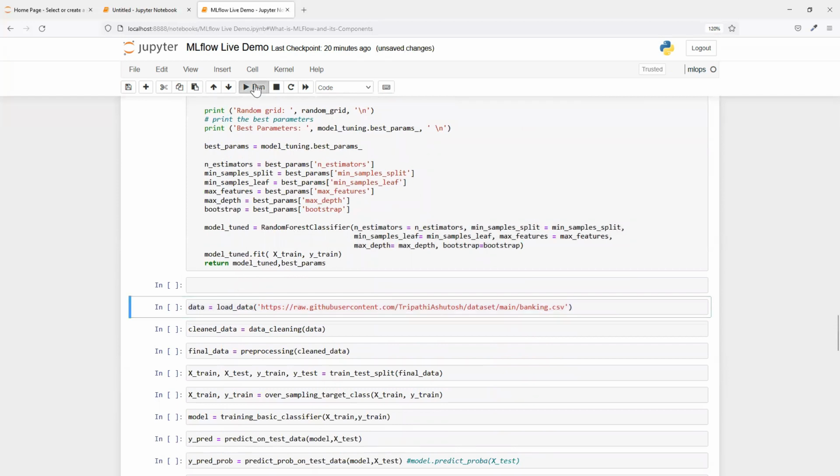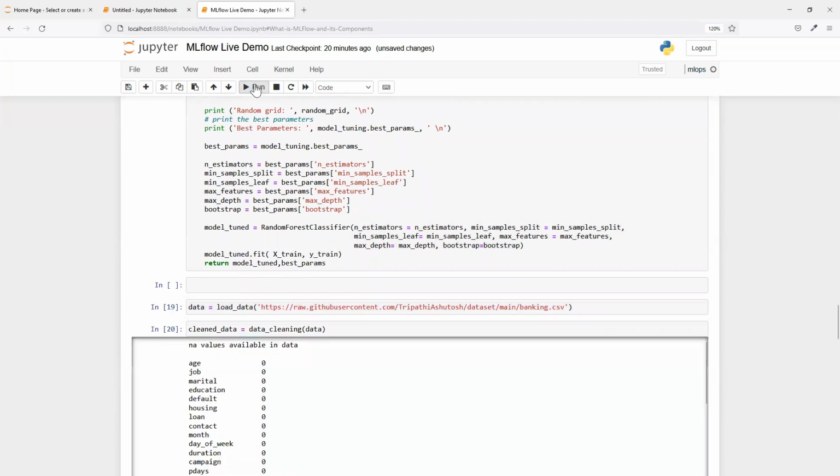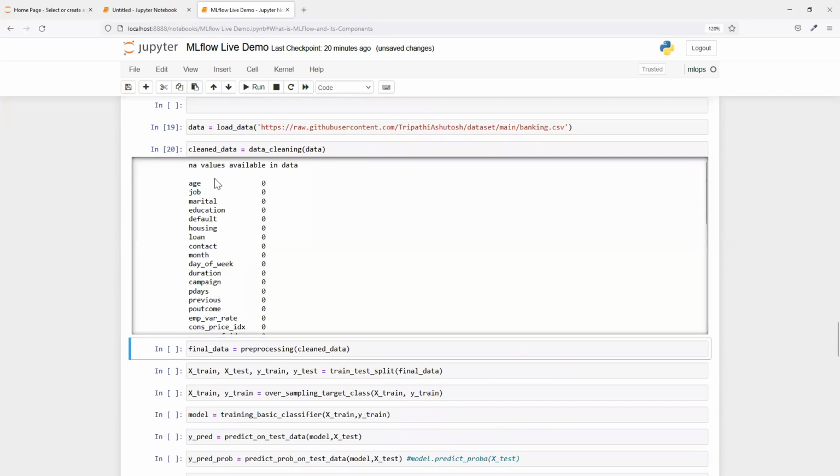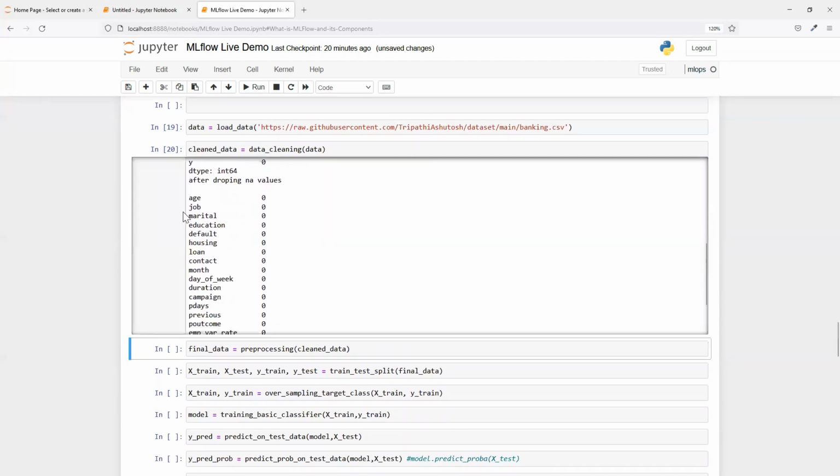Let me load the data. So this is fine. Let me quickly do the cleaning also. So cleaning, there are no NA values available in the data set. Okay, and we have dropped